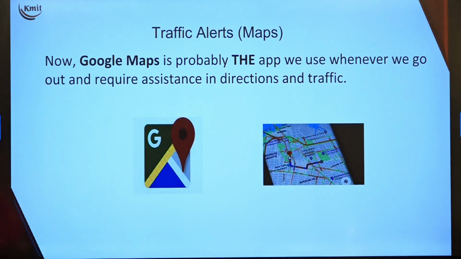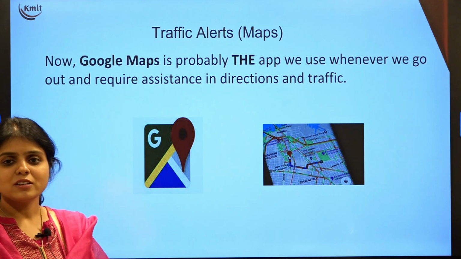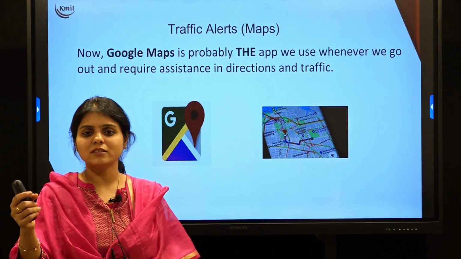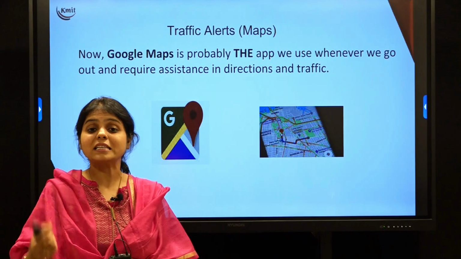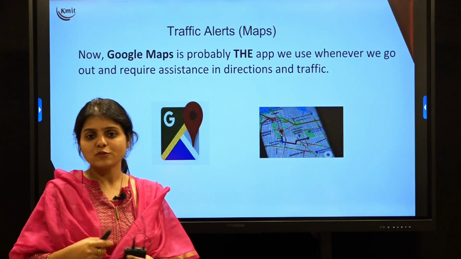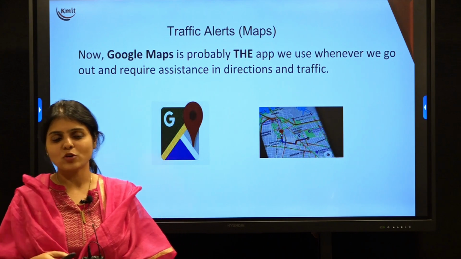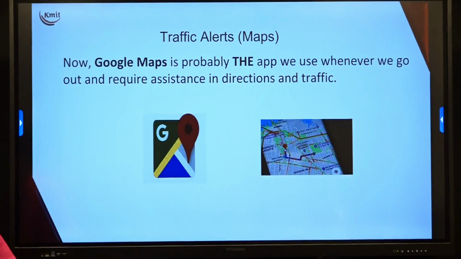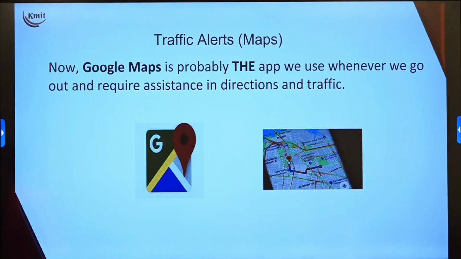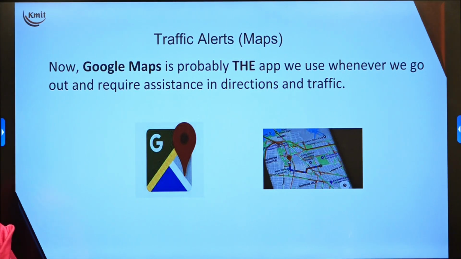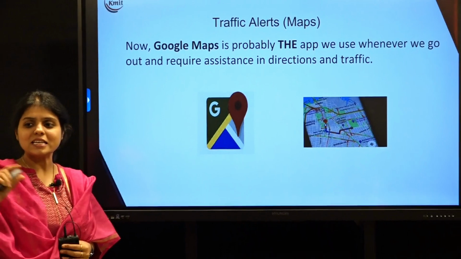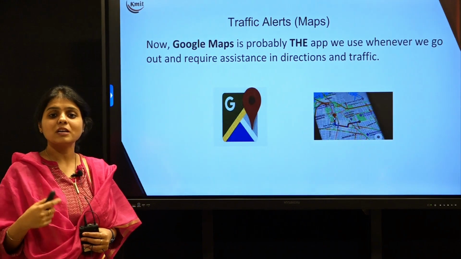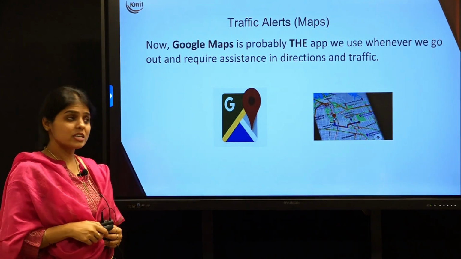When we talk about traffic alerts, these days we use Google Maps everywhere. There are different ways we use Google Maps, for finding the distance or for predicting the time for reaching from one destination to another and so on. All this is done by machine learning. The machine predicts the estimated time for you to reach from the source to the destination. It also gives us traffic alerts, right? We observe a green line saying the traffic is heavy, an orange line saying medium traffic, and a blue line which says clear traffic, right? All these are predictions given by the machine by understanding the patterns of the traffic.